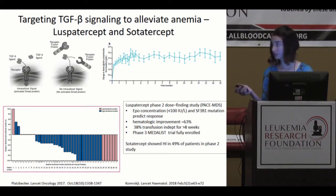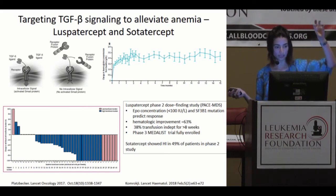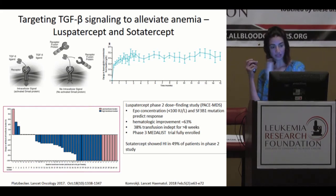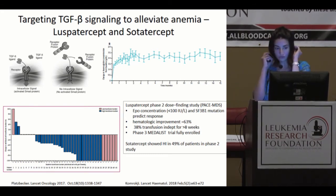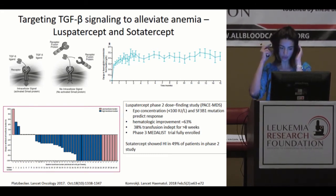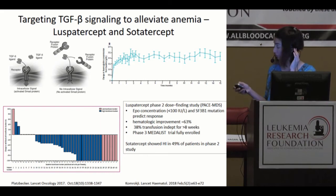So what these drugs do is they function as ligand traps. They kind of mimic the receptor, their receptor fusion proteins, and they soak up all that ligand so it cannot bind to its receptor. And that in turn prevents this SMAD pathway from switching on. And when this SMAD pathway is blocked, late-stage erythroid development proceeds and red cells are produced, and that is reflected in the increase in hemoglobin of 2 to 3 grams that is seen in these patients and is sustained over